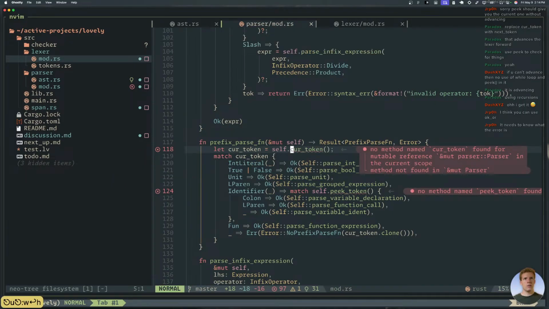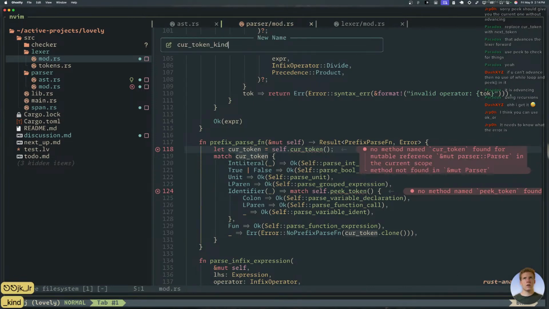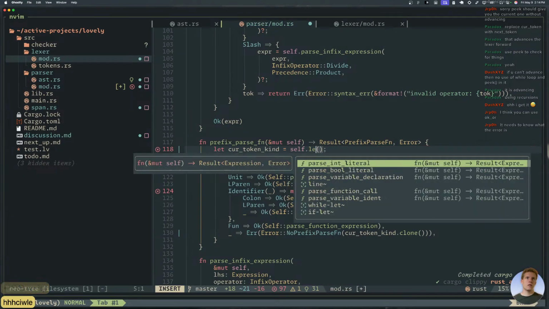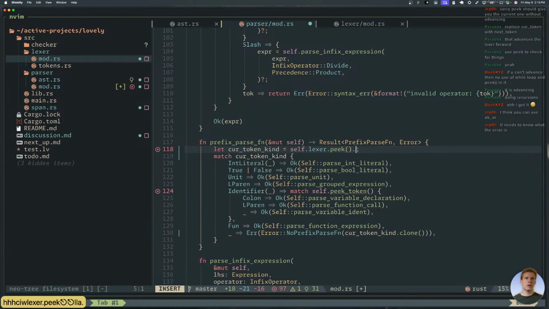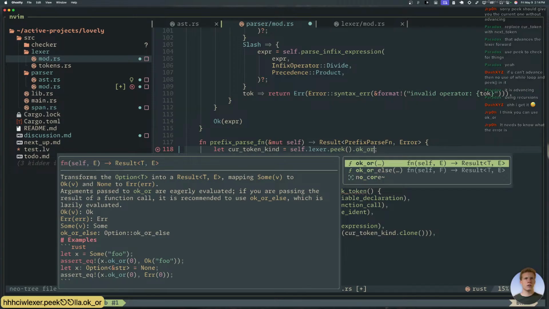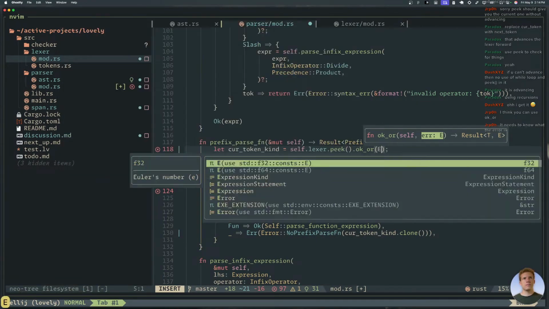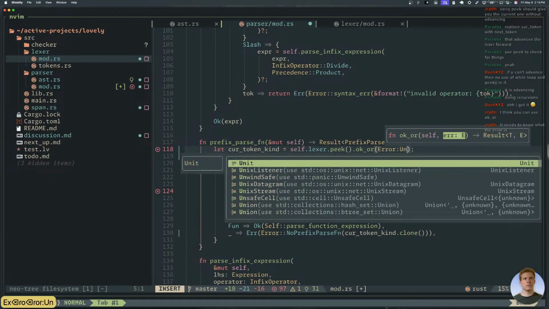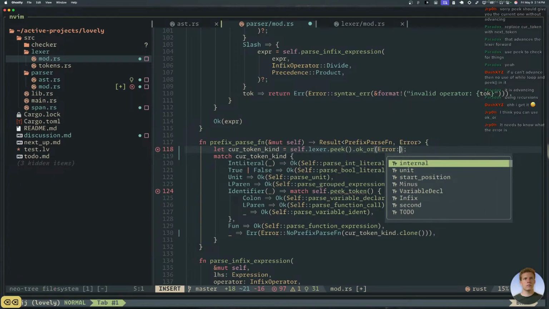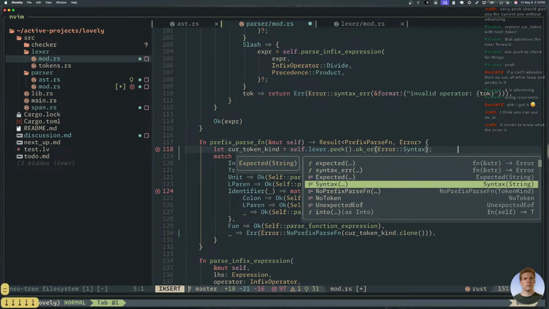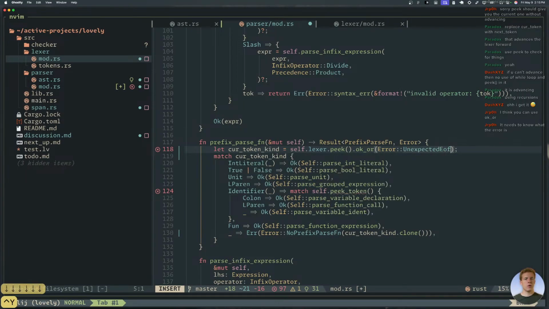Well, first let me rename this because this is really cur token type, or kind, really. Self.lexer.peek.ok_or, or this guy. Whoa, that was weird. And then do that.